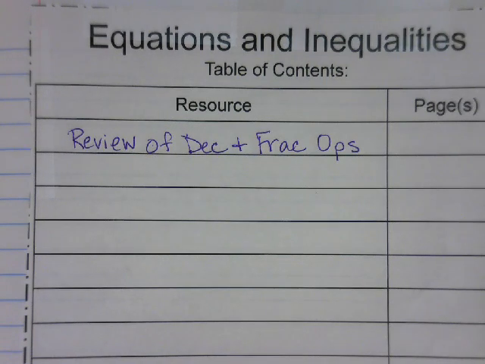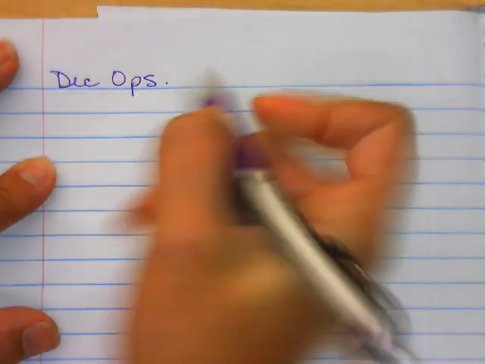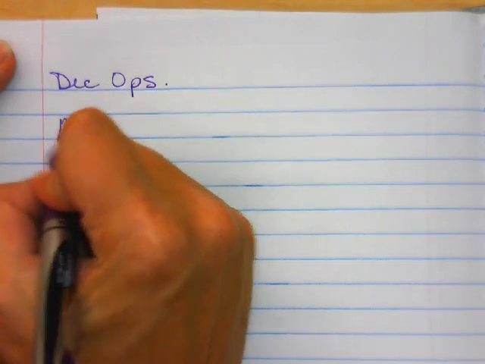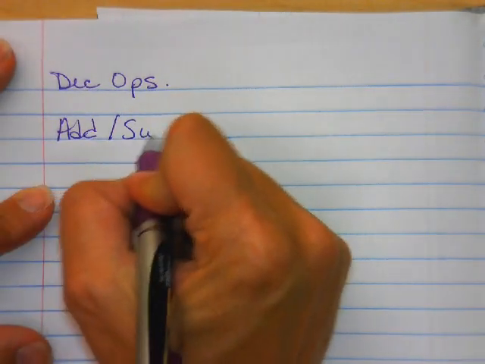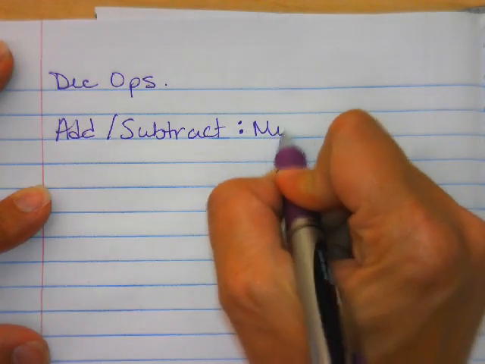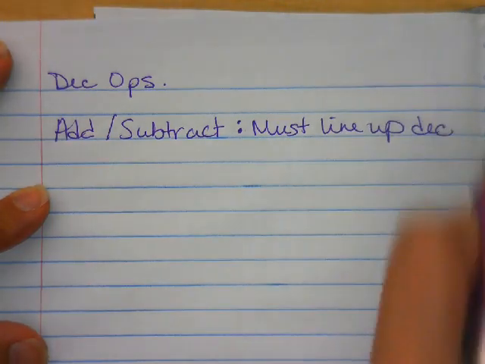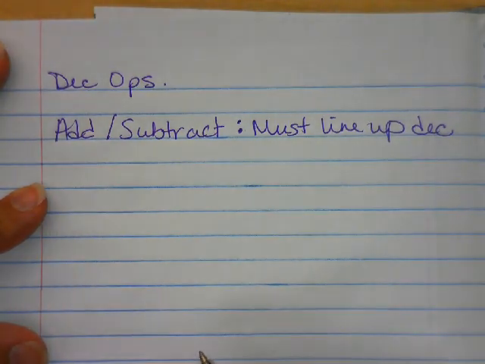That way we're not feeling like we can't remember things from 6th grade. So let's real quick just review decimal operations. Remember that when we add and subtract decimals, you have to line up the decimals. So then you can do whatever your operation is. So if I gave you an example,